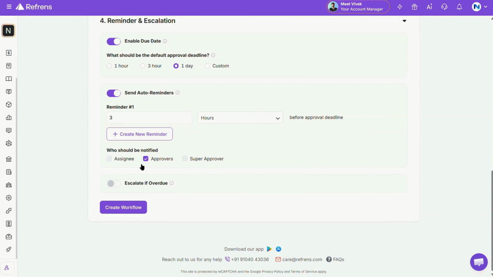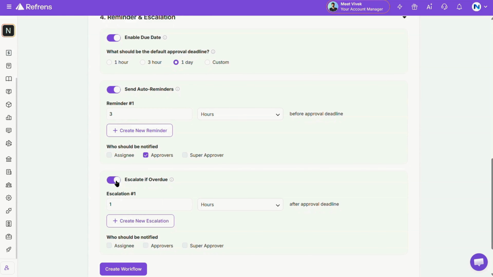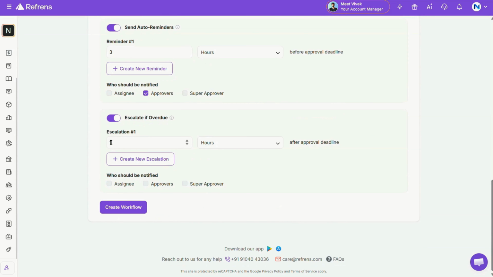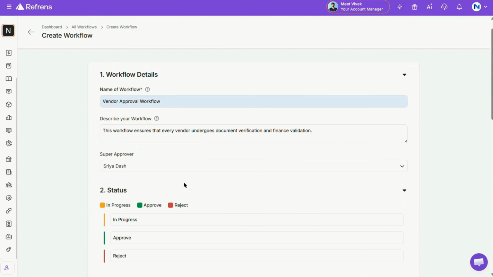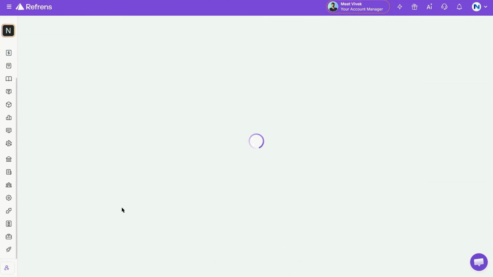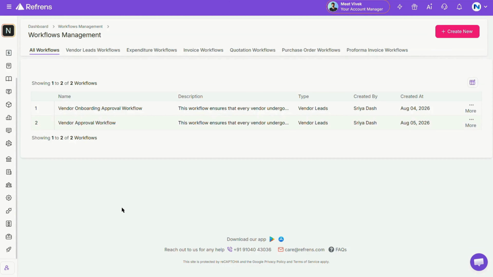If the approval is still pending after the deadline, you can automatically escalate it. For example, escalate after 1 hour, or after 1 day. The escalation can notify the super approver or other selected users, ensuring that approvals don't get delayed. Once everything is configured, click Create Workflow. That's it. Your vendor workflow is now ready and will appear in the vendor workflow dashboard where you can manage